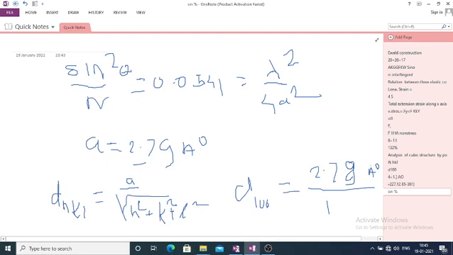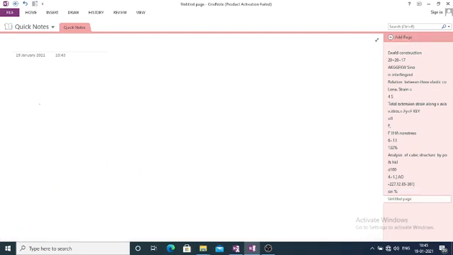So it is equal to 2.79 angstrom over d100. Similarly, we can determine d110. You only put h equal to 1, k equal to 1 and l equal to 0 in the above formula. So we got 1.973 angstrom. And if we use it for d111, we can use h equal to 1, k equal to 1, l equal to 1, that is equal to square root of 3. So 2.79 divided by under root 3, so we got 1.61.